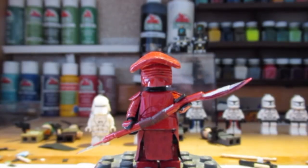So anyway, this figure took quite some time to make and it was pretty fun. I had a lot of interesting challenges with this figure, and there's actually like 5 of them, I believe, and each one is different. Well, I take that back. Their armor is exactly the same. It's the helmet that changes. So the helmet and the weapon give them their unique